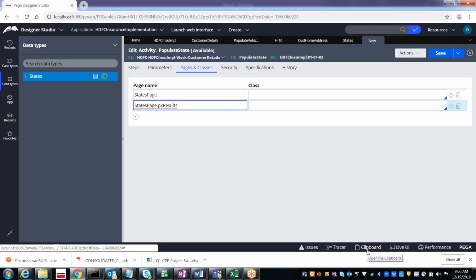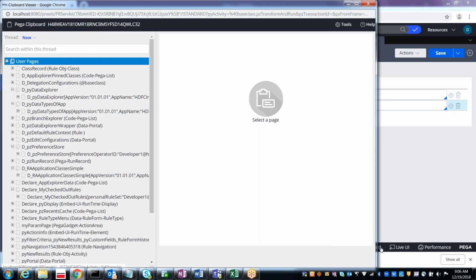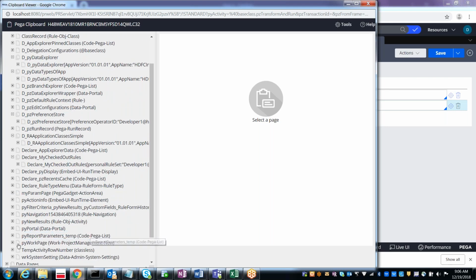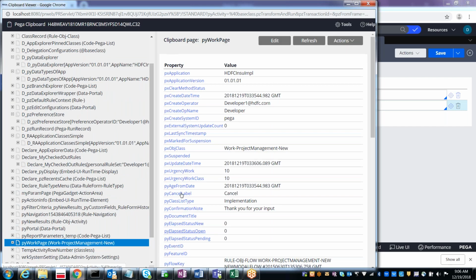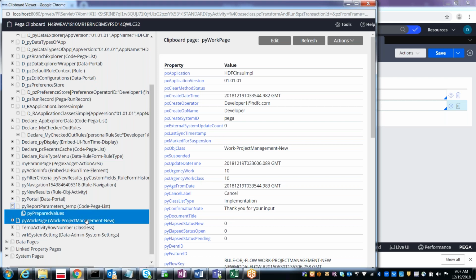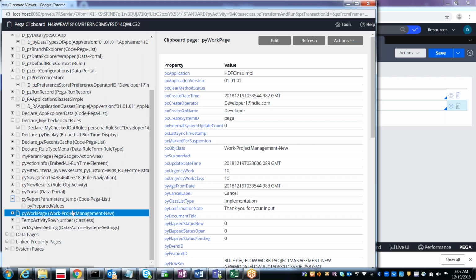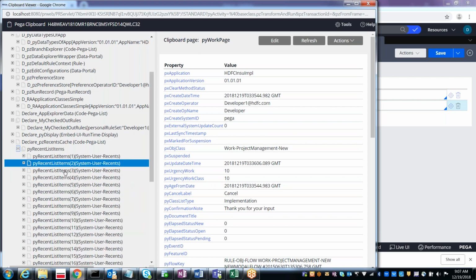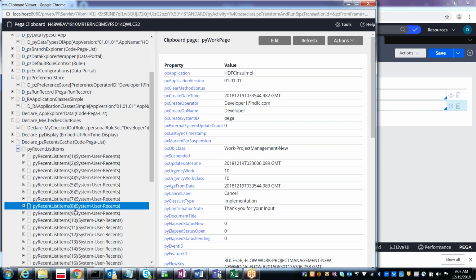Let me open the clipboard and show you an example. Here this py work page contains how many records? Only one record. But if you take this py report params underscore temp, this has multiple records. This code pega list refers to multiple records: 1, 2, 3, 4, 5, 6, 7, 8, 9.